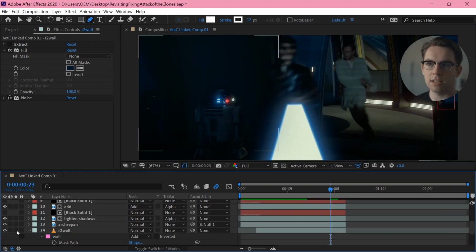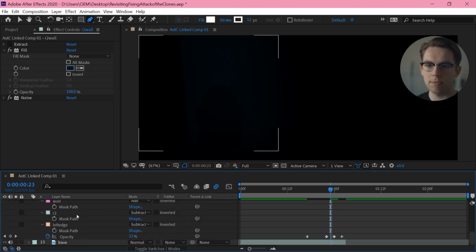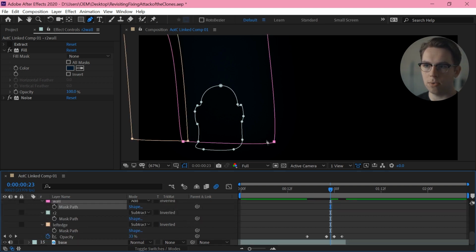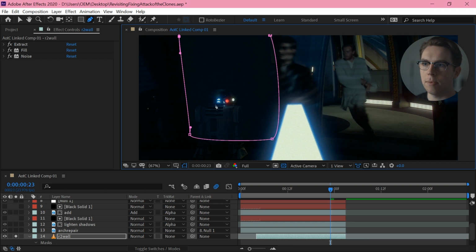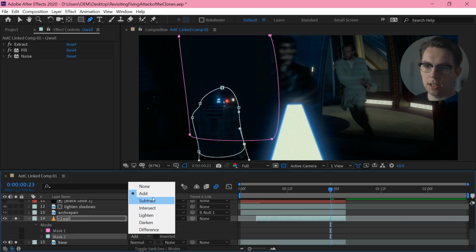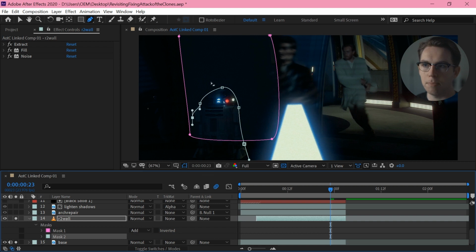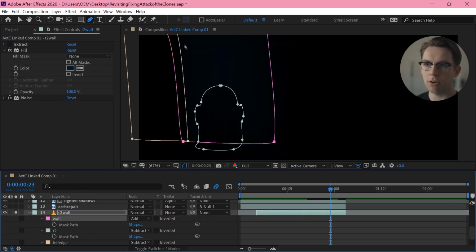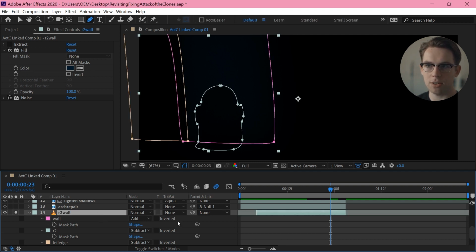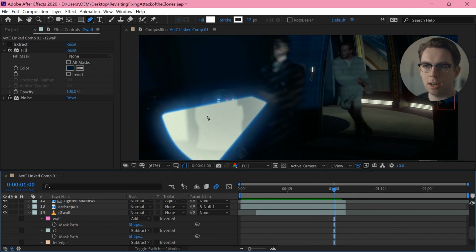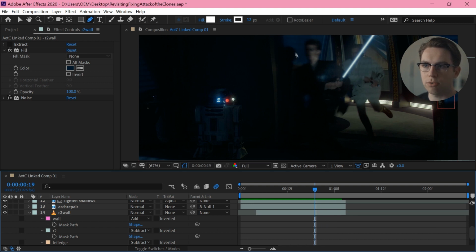So I'm just filling this layer entirely with this blue color, and then masking out the area that I want, which is this wall, and the area that I don't want, which is R2-D2 and this adjoining wall. Basically just going in here and going, I want this wall, but I don't want R2, so I set that to subtract, and then doing the same for the wall. I want to have this big soft glow on the wall, but then a hard cut off here, and I don't want it to affect R2-D2 too much. But then you'll notice my blue fill is also affecting the bright areas. I really just want it to affect that back wall.